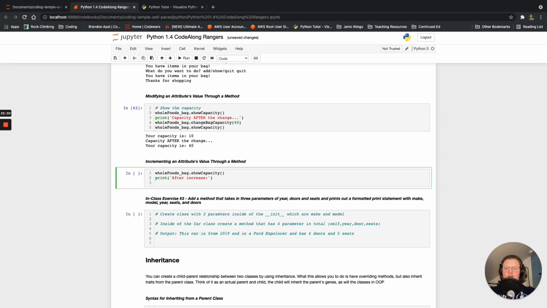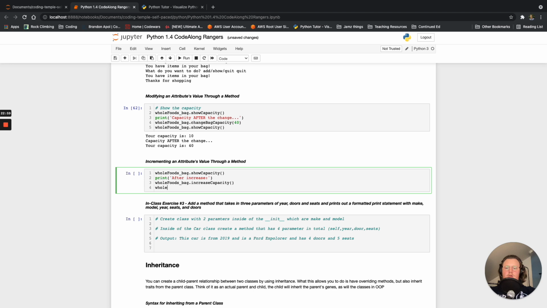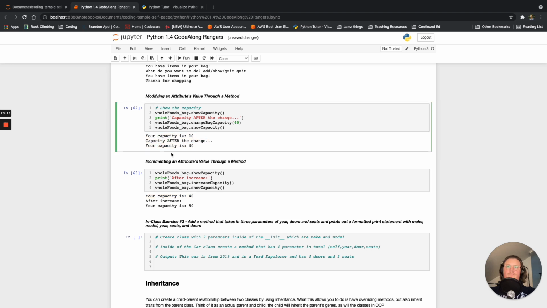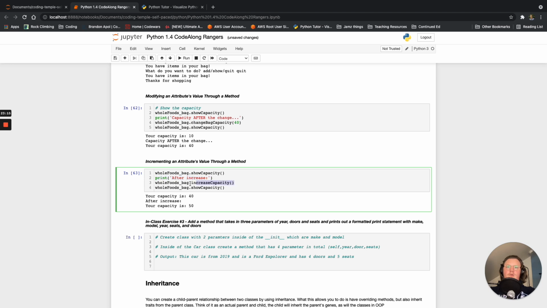And then on the next line, we'll have Whole Foods bag dot increase capacity, and this will run that function that added it by 10. And then Whole Foods bag dot show capacity. Okay, so there we go. So it was 40 because that's where we had it right here. We'd run that, and so it was 40 when we came in, and then after the increase,